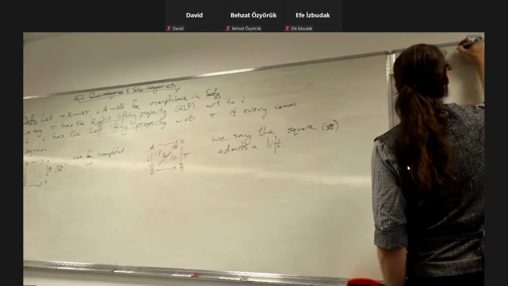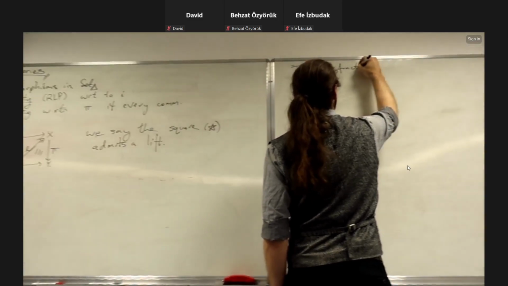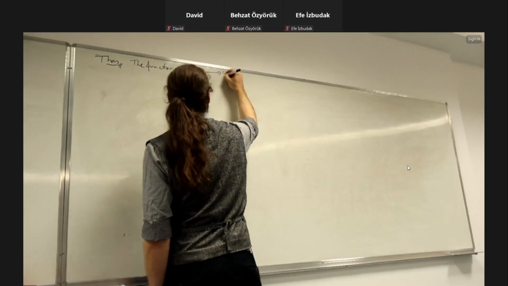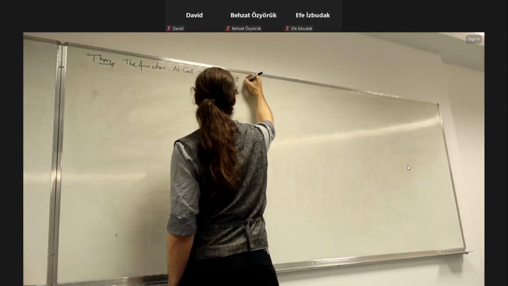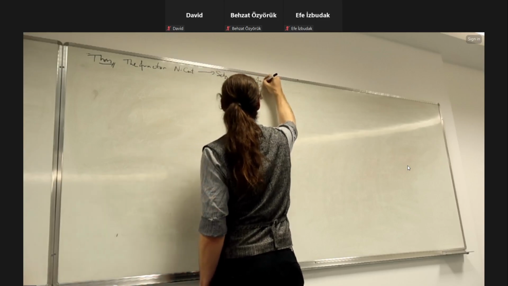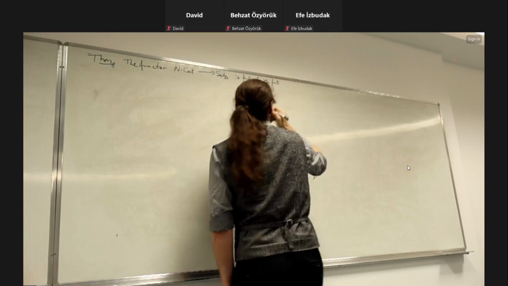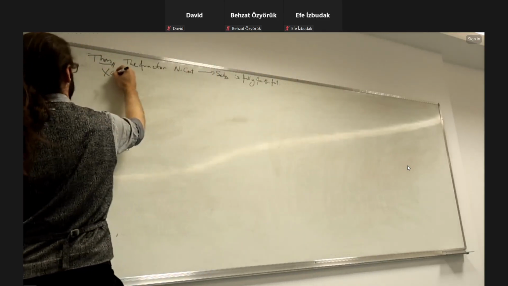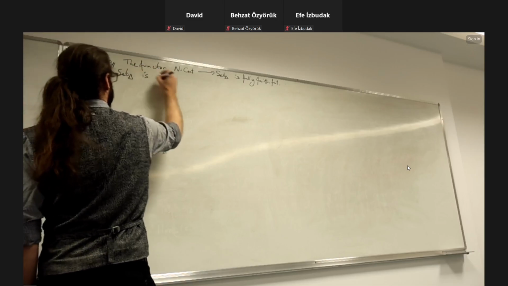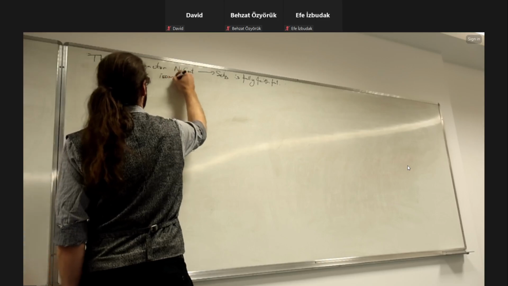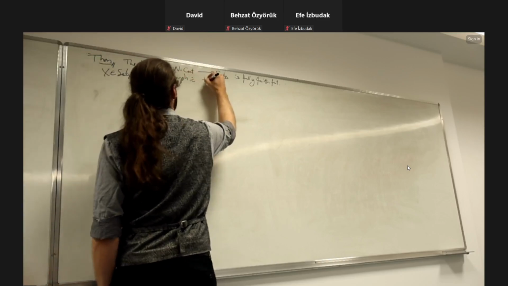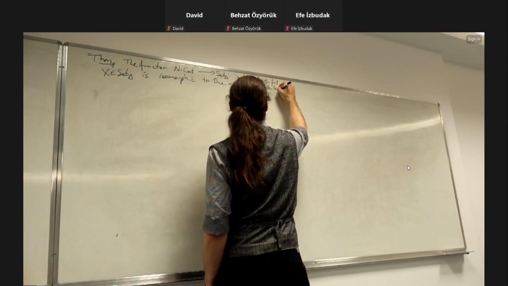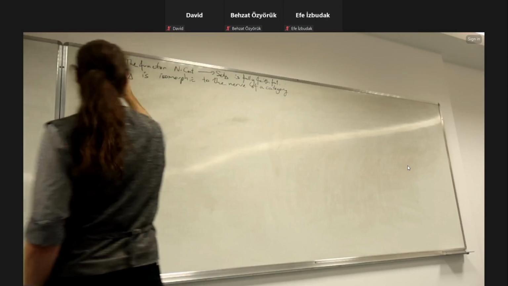So this says the functor N from categories to simplicial sets is fully faithful, and a simplicial set X is isomorphic to the nerve of a category if and only if